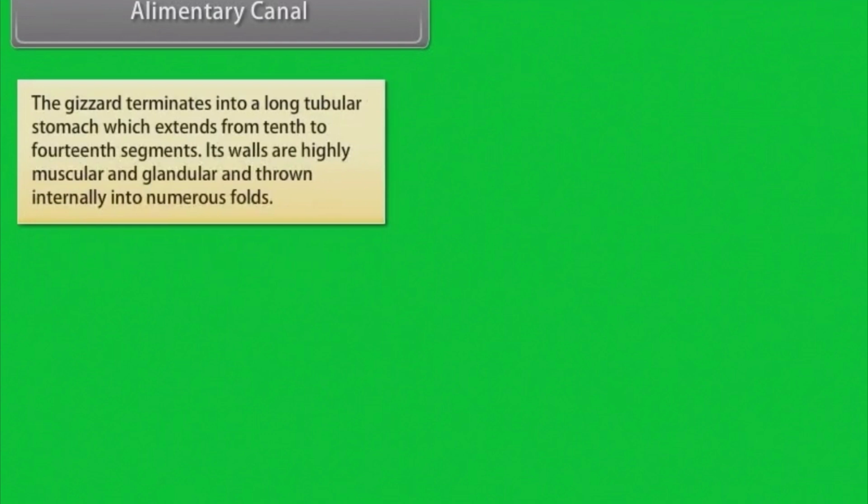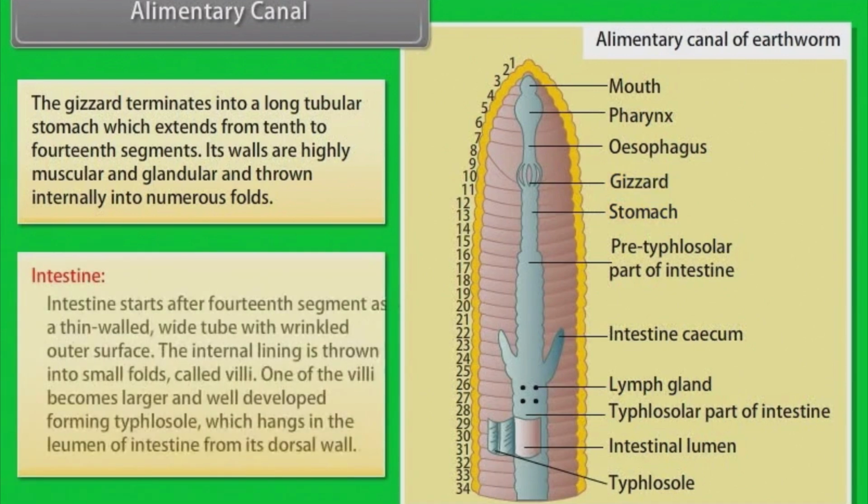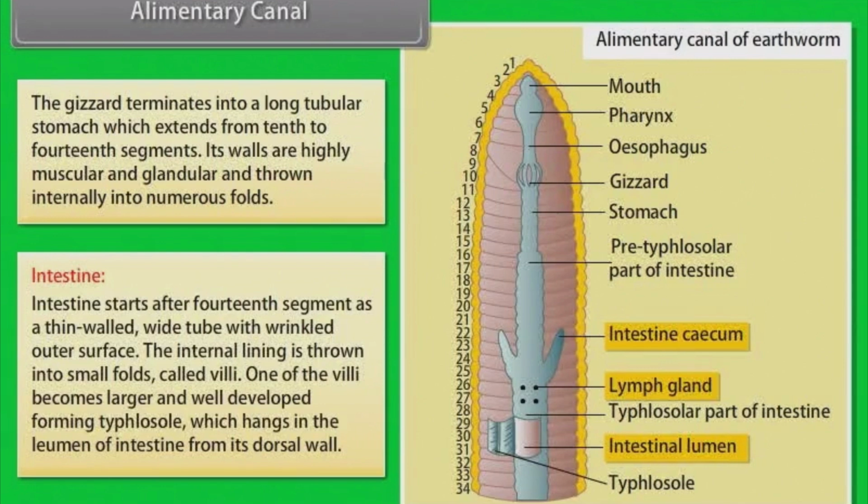Alimentary canal. The gizzard terminates into a long tubular stomach which extends from 10th to 14th segments. Its walls are highly muscular and glandular and thrown internally into numerous folds. Intestine. Intestine starts after the 14th segment as a thin-walled white tube with a wrinkled outer surface. The internal lining is thrown into small folds called villi. One of the villi becomes larger and well-developed, forming the typhlosole, which hangs in the lumen of the intestine from its dorsal